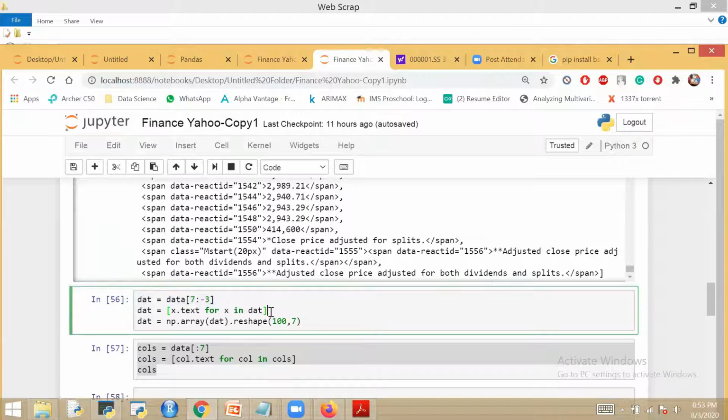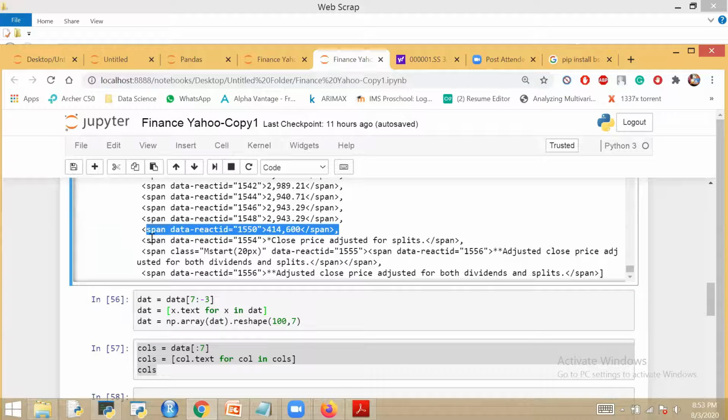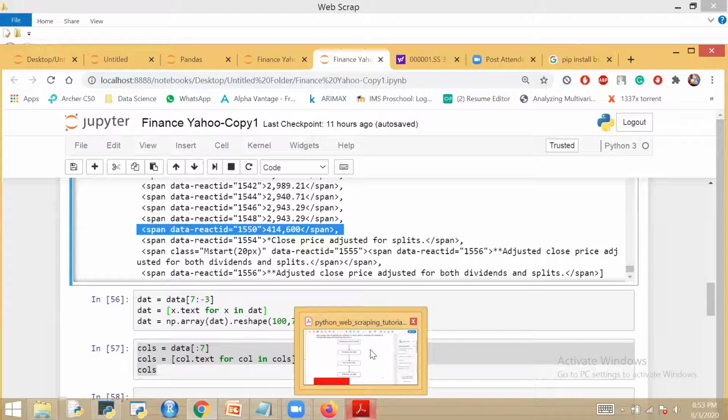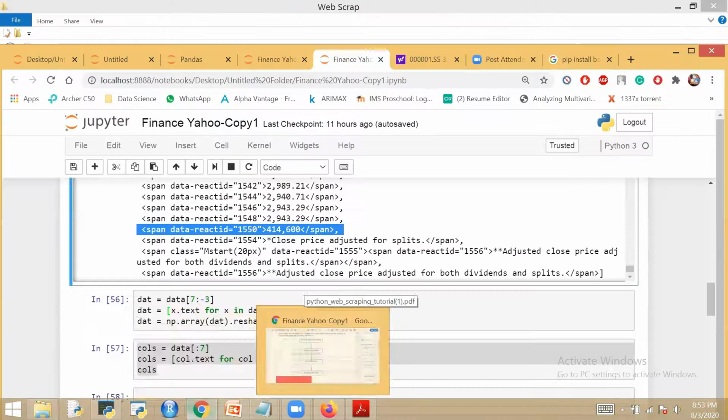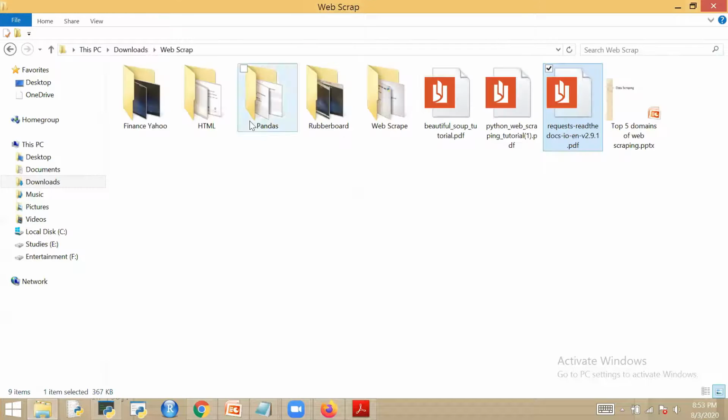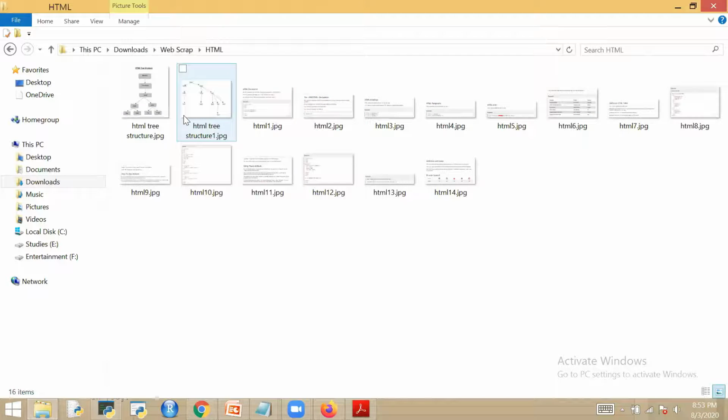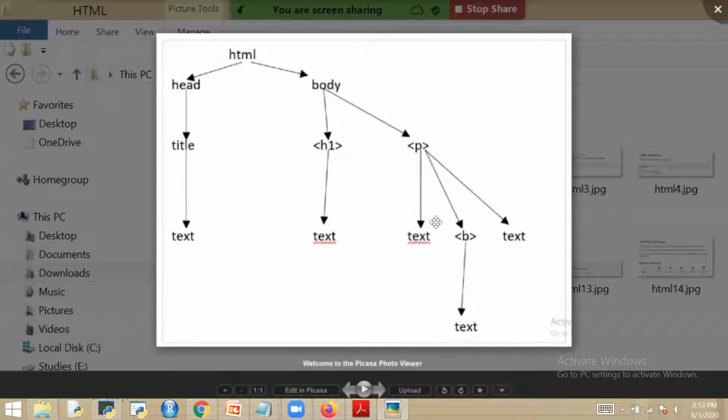Now the next step is, if I give data.text, it will give me only this data, the span will be removed. You remember the hierarchy? Wait, it's not here. So we have reached the end.